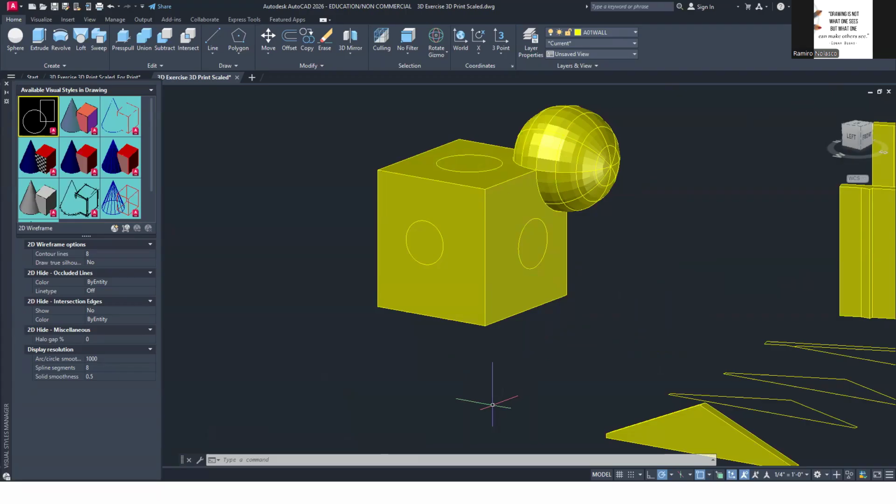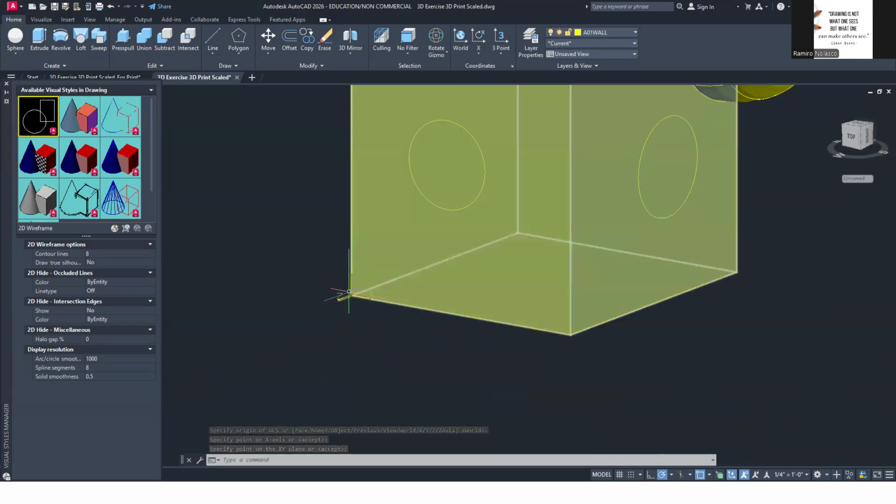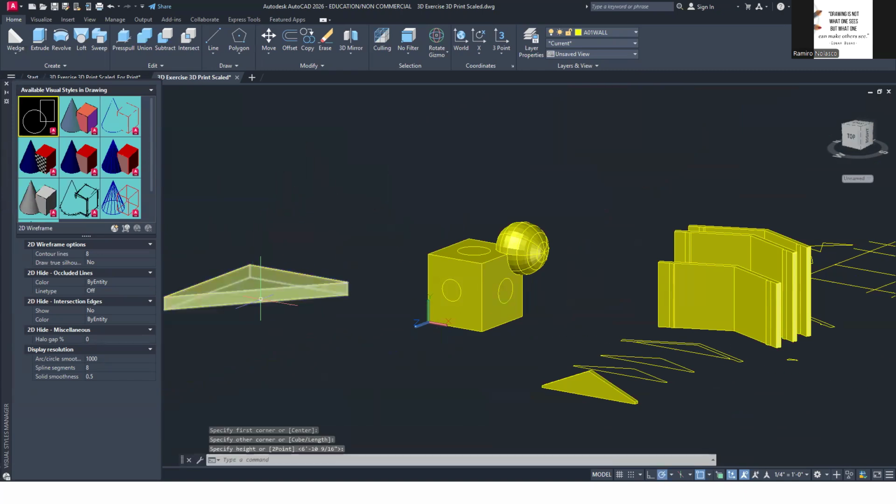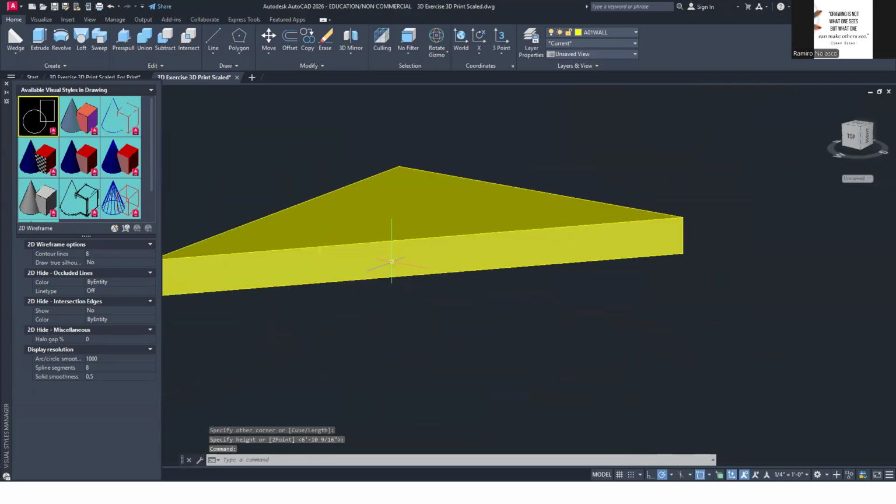But if there are instances when it will not do that, then you have to type the UCS command. UCS, select the origin, the X direction, and the Y direction, so that you force it to align to a surface. So especially if the surface is at an angle. So for example, if I have a wedge here, okay, and I want to create a circle right there, I can do that, hover over that, okay, that's nice.